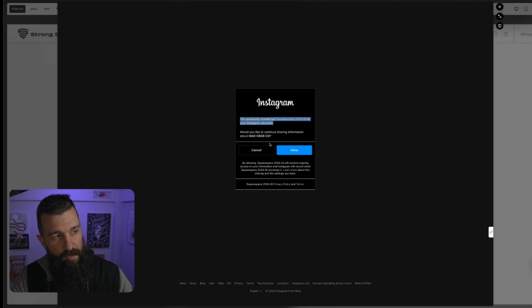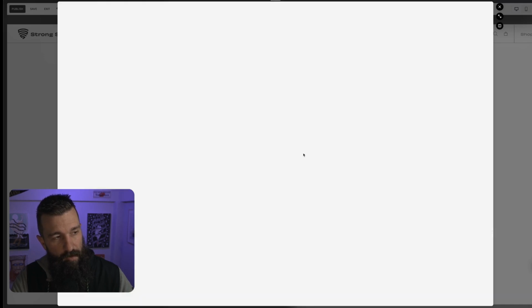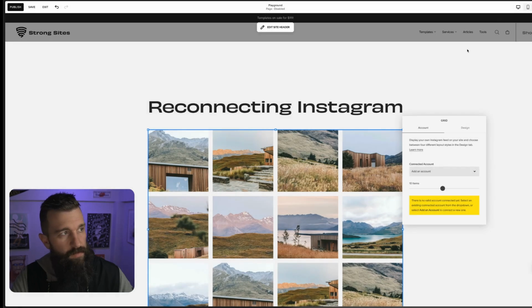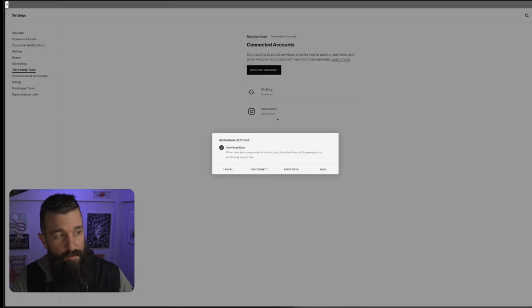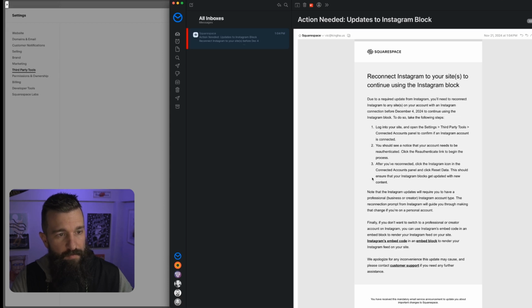You'll reauthenticate and it'll lead you to this Instagram allow dialog. Hit that, you connect it. But here under third-party tools with Instagram, there's one other thing you need to do, and that is you need to click reset data. Your connected account has reset, and that will populate any Instagram blocks you have with the